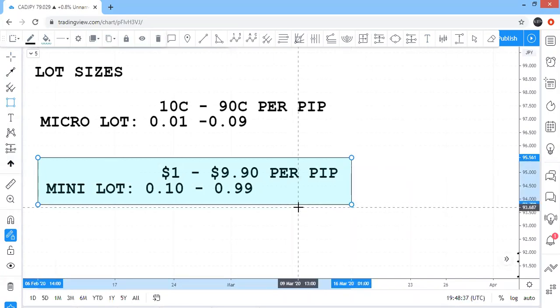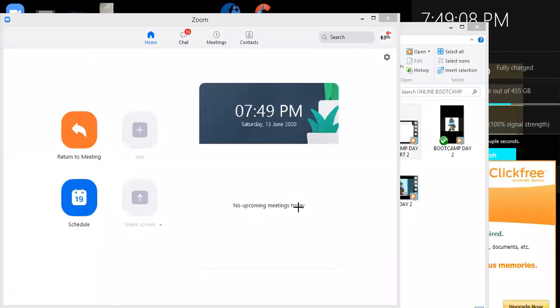Generally, the rule of thumb is 0.01 per every $100 that you have. So if you want to trade a mini lot, you should be thinking about $1,000 before you entertain a mini lot. I would stay at micro lot all the way till I get to about $1,000, and then you can change up into levels. But don't entertain a mini lot when you have $50 or $100 or $200, thinking that you've seen a few of us flip accounts, so you're going to do the same thing. It's not done that way. Let's stick to the rules. Are we cool with that disclaimer?